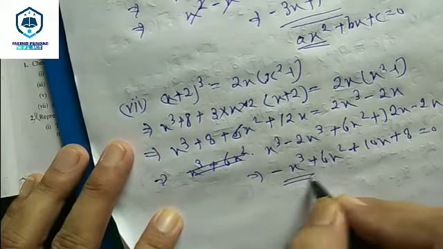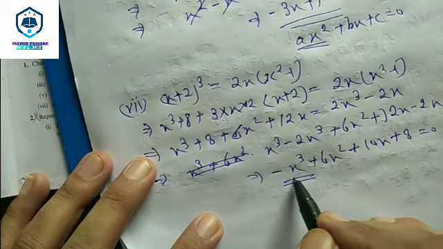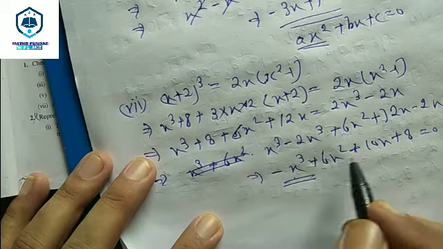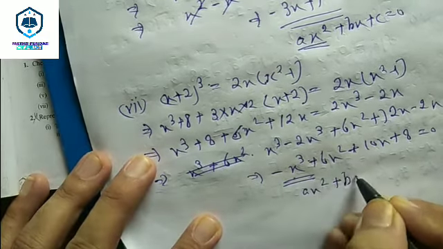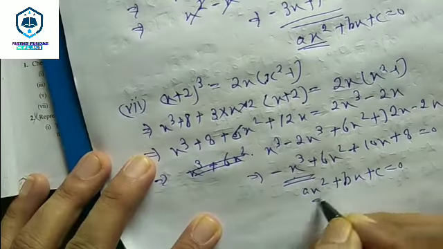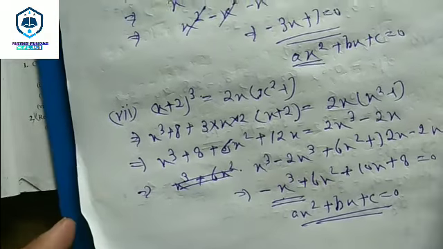Now we can see here in this given equation we have a term with the degree 3. So degree 3 is not a quadratic, it's a cubic polynomial. Since it does not satisfy the condition, that is x square plus bx plus c is equal to 0, this is not a quadratic equation. It's not a quadratic equation.